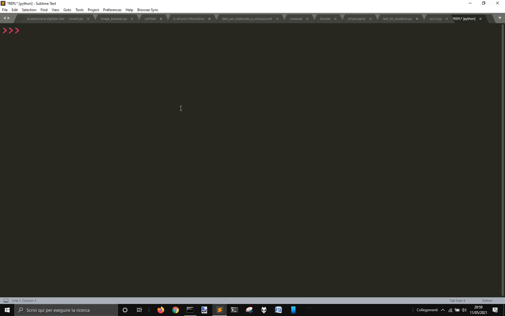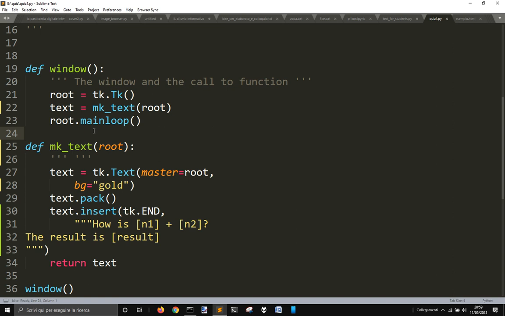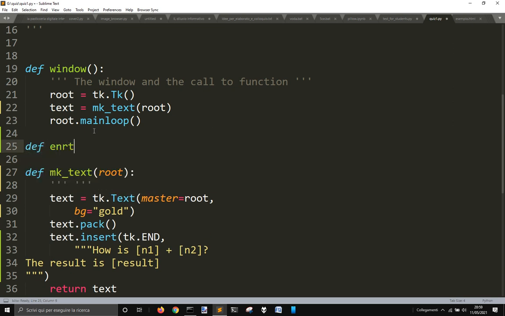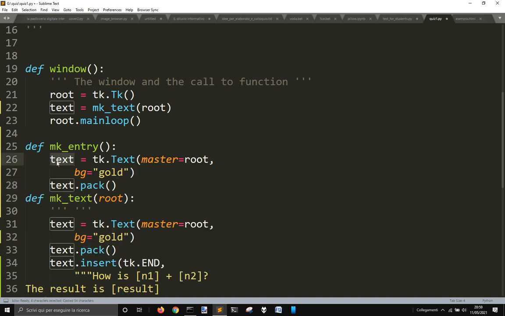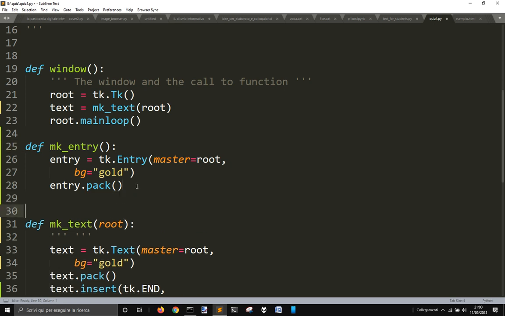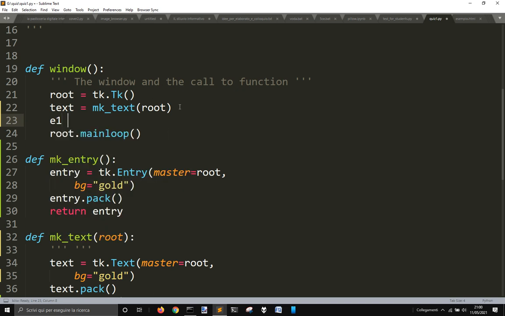So now we need some entries. Let's create just one entry, like we did with the text. So maybe we can also copy this and change this to entry. Return entry. We will have different entries, so let's call it e1 equal